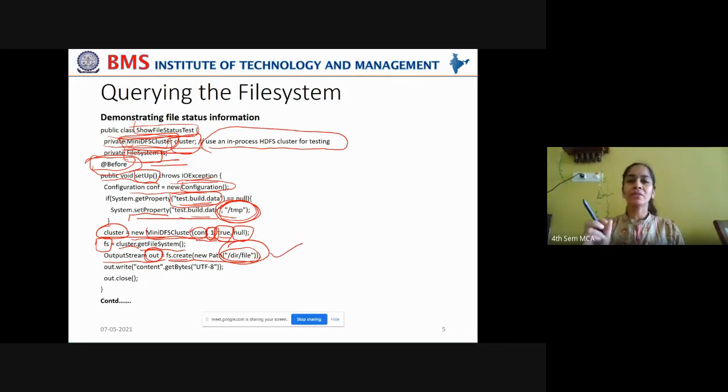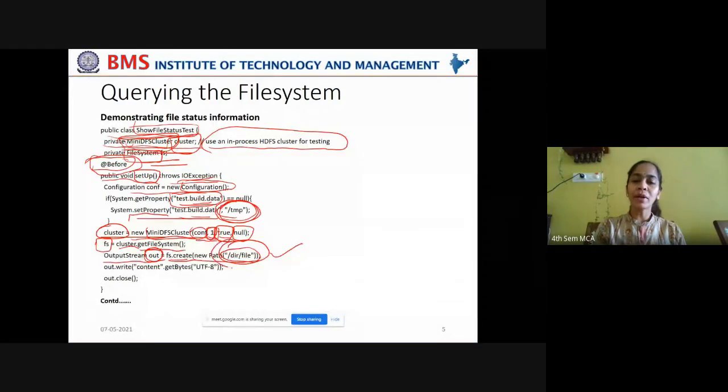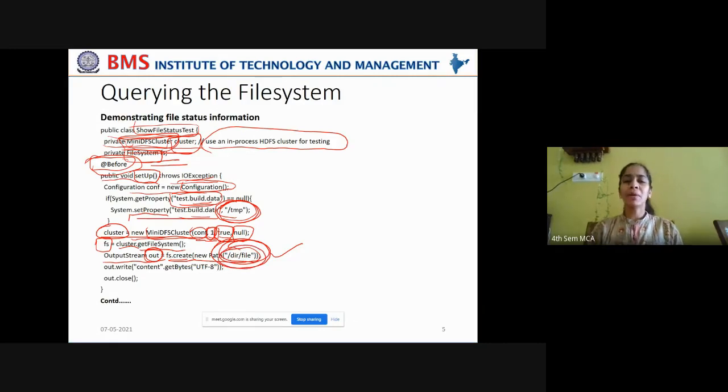You're creating a path to a file, or you're creating a path to a directory. It is your option. If you want to know the status of a directory, you can do that. If you want to know the status of a file, you can do that by passing the path as a parameter here. Now you're creating a new path to this file in this case, and you're connecting it to the output stream through which you can retrieve the file status, through which you can retrieve the metadata about the file. Got it?